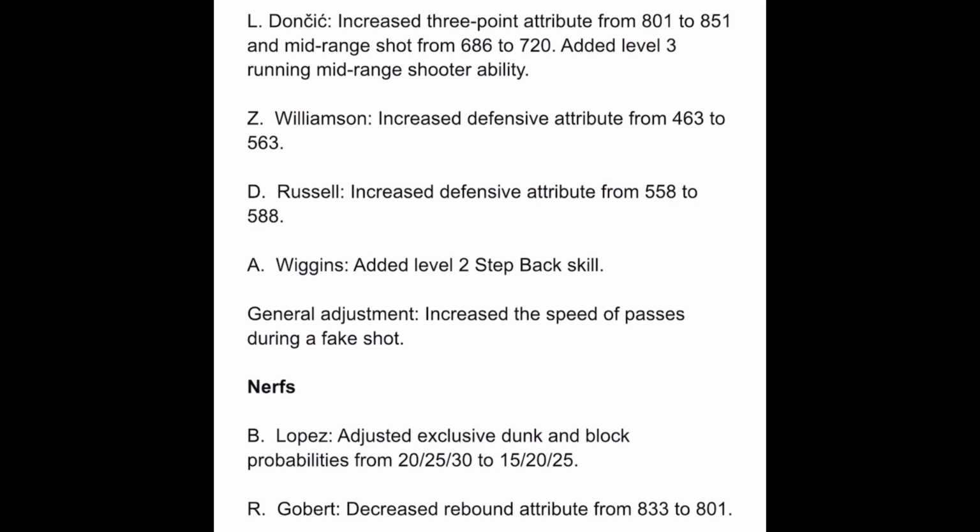But then we have Giannis, right? Giannis, I think, is probably the most overrated big in the game. He's still really good. He's still the top of A tier. But he's still the most overrated big in the game to me. His nerf is going to be a decreased block attribute from 812 to 790, and his speed is getting nerfed from 906 to 870. These are kind of huge nerfs for Giannis, not gonna lie,